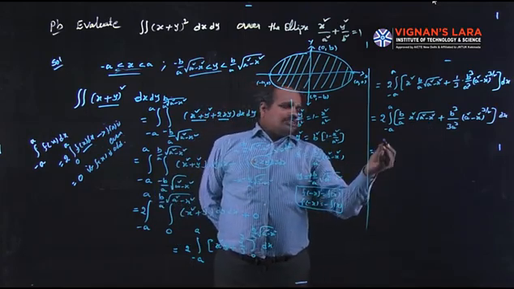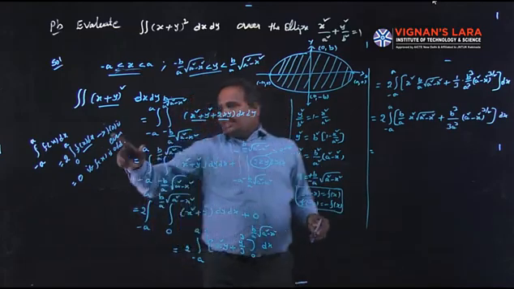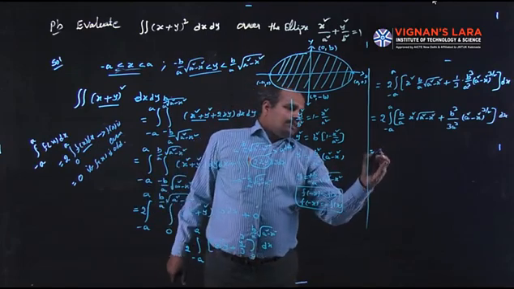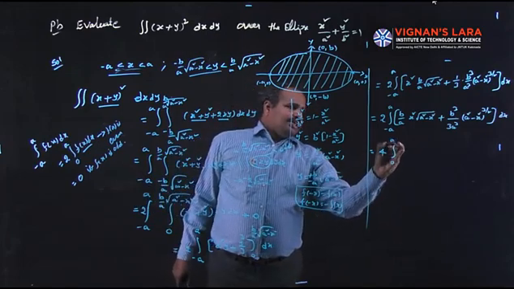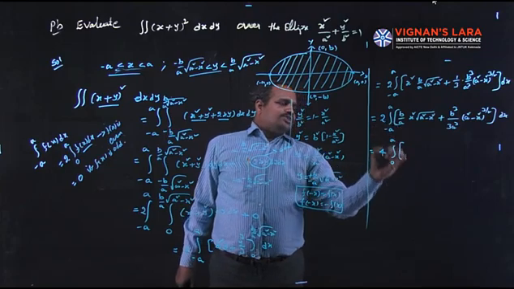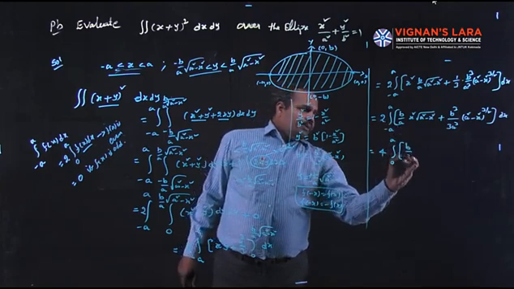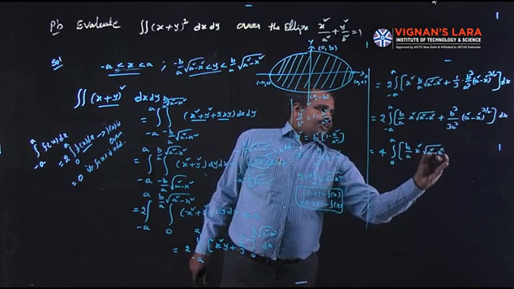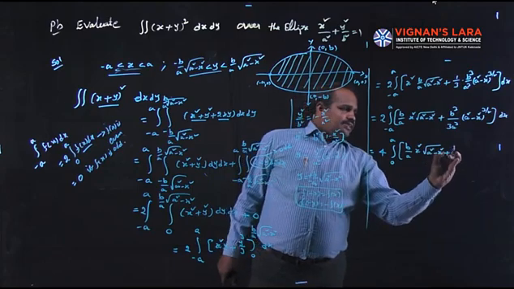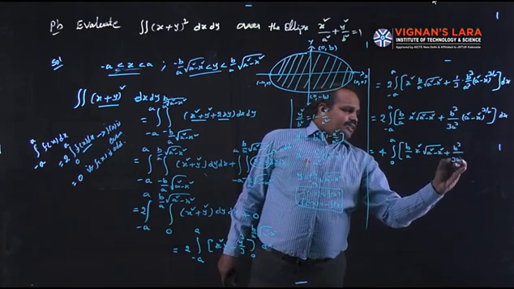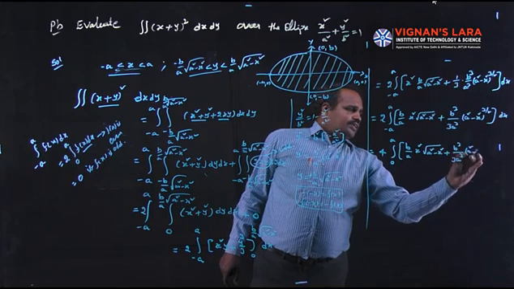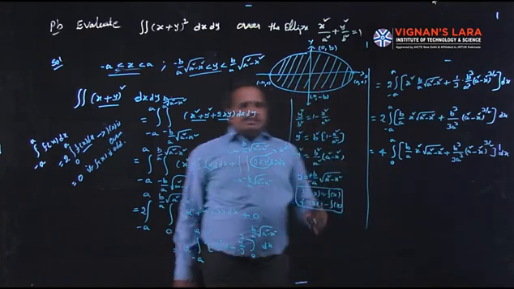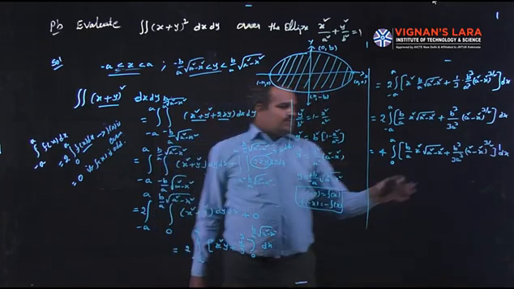Again, the even function concept you have to apply. If this function is an even function, this function can be written as 2 into integral 0 to a. So this one becomes 4 into integral 0 to a, because 2 into 0 to a, 2 2s are 4, of b by a into x square under root of a square minus x square plus b cube by 3a cube into (a square minus x square) power 3 by 2 into dx, which we have to integrate.